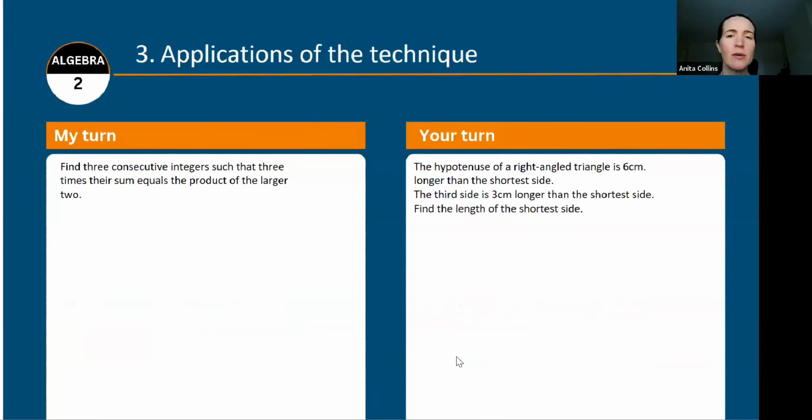Right, so the last thing we want to look at here is applying the technique. These questions are wordy questions. Again, we're going to look at some exam technique and how we can break these down and take the key information out of them. So the first question says, find three consecutive integers, that means one after another, and we know that integers are whole numbers, positive or negative, such that 3 times their sum equals the product of the